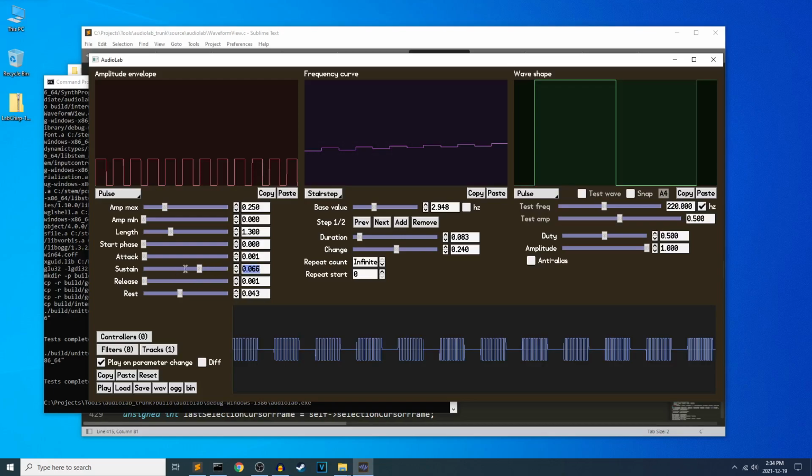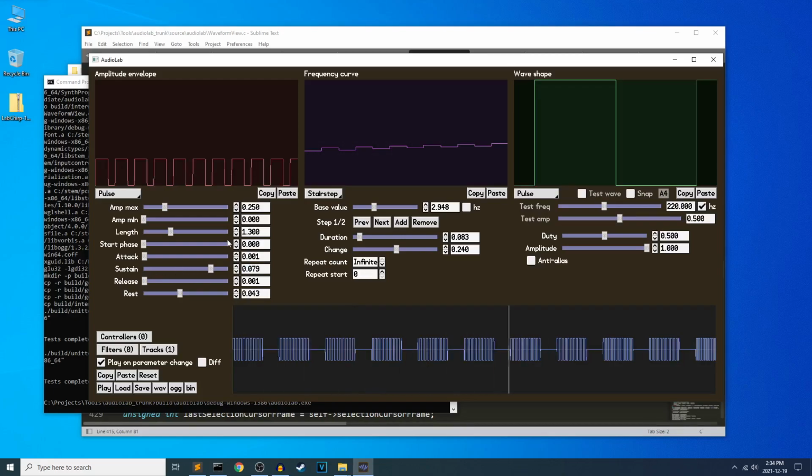I think it's the sustain? Yeah. See, now that's interfering with the stair step, which I've just sort of set up to happen to line up with the pulses, the amplitude envelope. These two graphs. Oh, I need a way to overlay these two so I can line that up again visually,